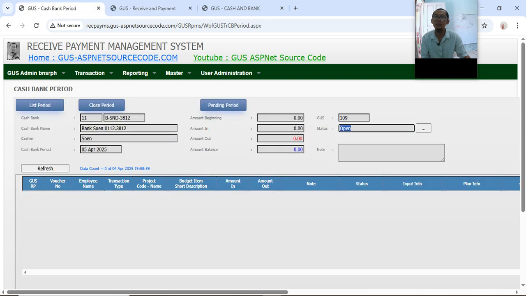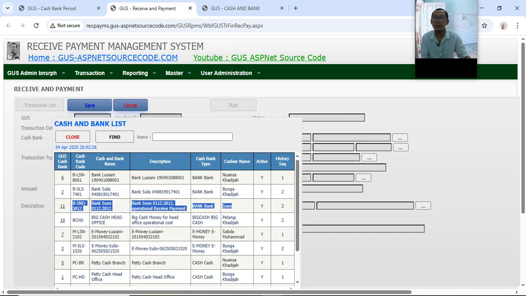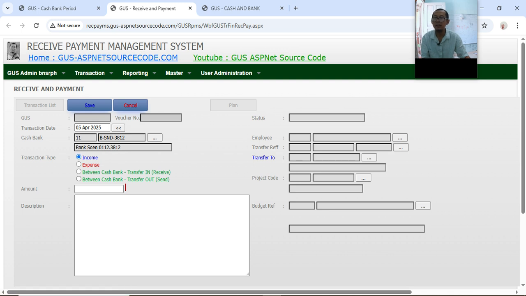Okay, I will try to change the status to pending again. Let's see, is Bank Sun still here? Fine. Now let's pick this Bank Sun. I will create an income, for example, for 1 million.